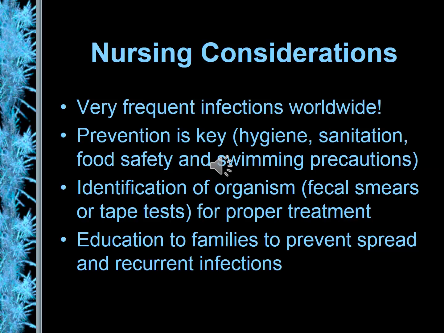But also, we need to be aware of how we check for if kids have intestinal worms. And what we do is what's called a tape test. The parents need to put tape on a tongue blade and put it on the child's anus before they have a BM in the morning, because usually kids will poop in the morning. And the transparent tape is used to collect the pinworms and their eggs from the perianal area in the morning,